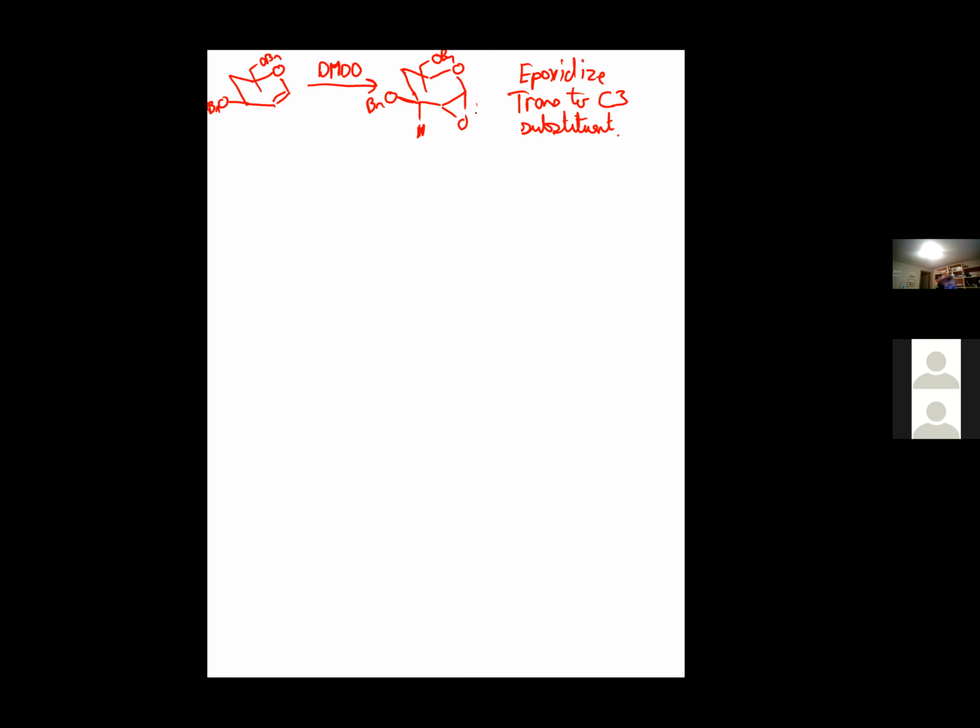Most times it's going to go on the bottom because most of the time we're using normal sugars and they all have C3 axial or equatorial. Mannose, glucose, galactose all have C3 equatorial. C3 is not something that any of them play with. So if we take that and we treat that with a weak Lewis acid,